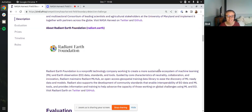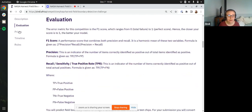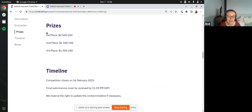Radiant Earth helped with data labeling and hosting this on MLHub, where you'll be able to find all the data. The evaluation for this competition is the F1 score. Magdalena will show you how to create a submission file and what to consider with an F1 score. Prizes, we've got $5,000